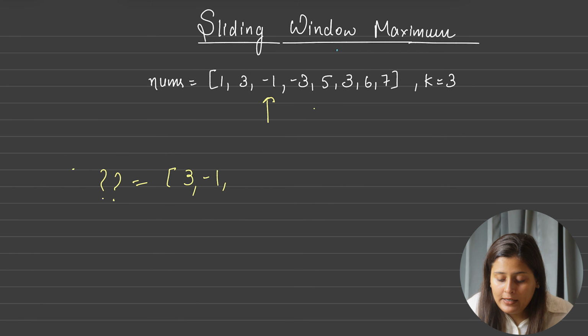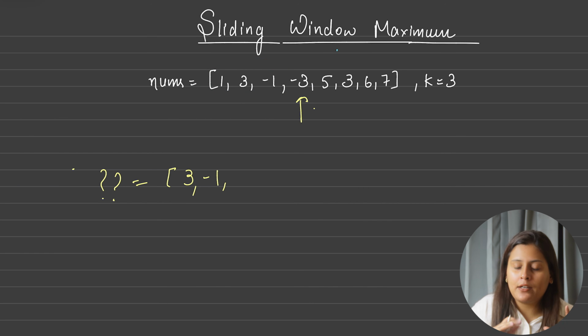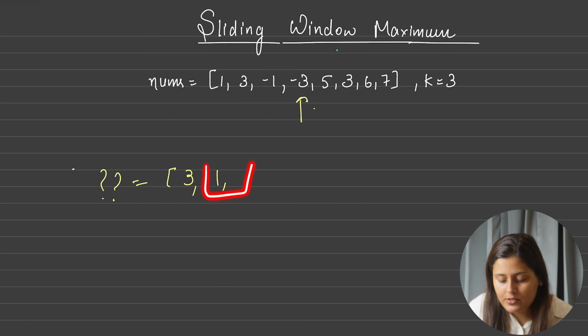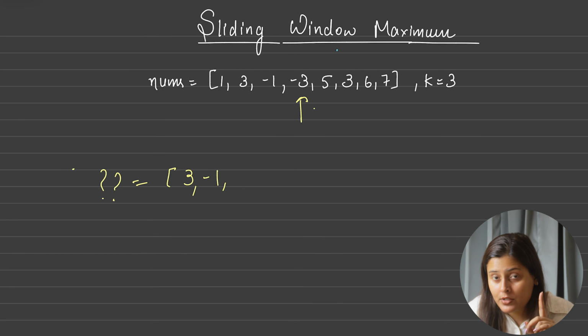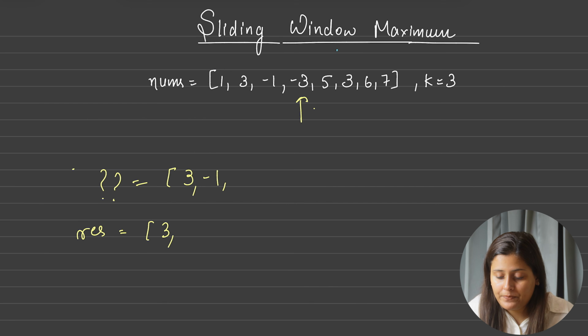Okay? Yes. Now we will move this on to this. But wait, have we encountered a k size window till now? Yes, we have encountered it. So what is the maximum value? From where can I read it, from the last or from the first? Think. Obviously from the first, because that's how we maintained it, correct? So in our resultant array, we will put the answer 3. And for minus 3, what will we put? Third index, and that will be here.